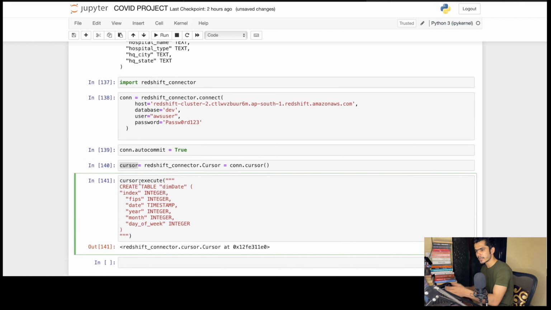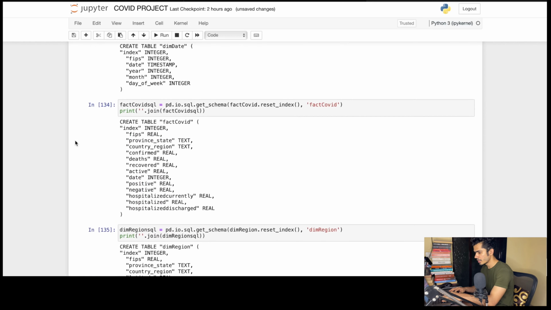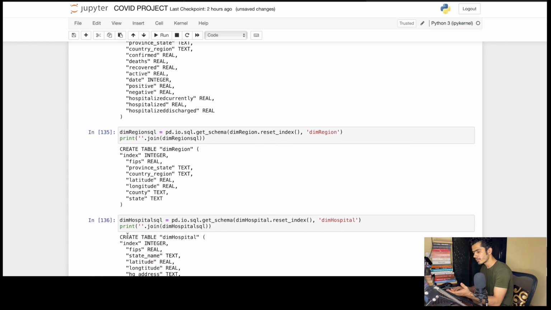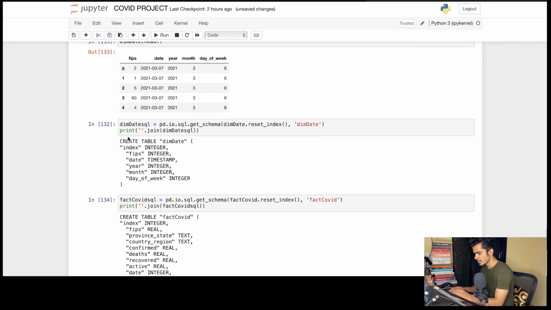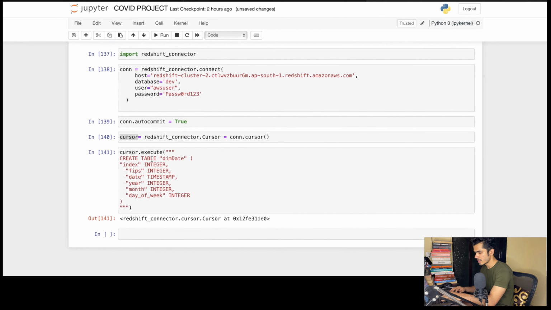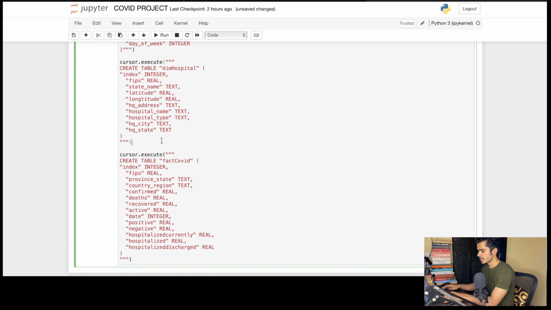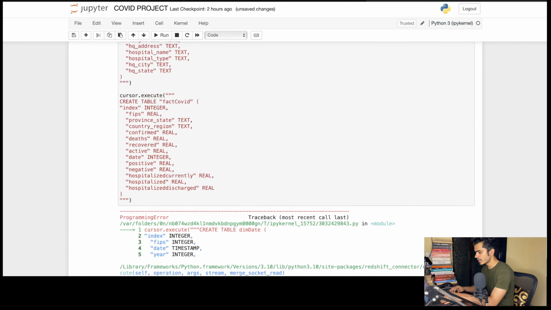We're going to repeat this same process for all the other tables which you have. The same approach. You just need to go over here, copy this particular thing and put it into the execution. Or you can also store this on a variable and directly use the variable. So it doesn't matter what you use. I already have this create table statement. Just going to execute it and it will create